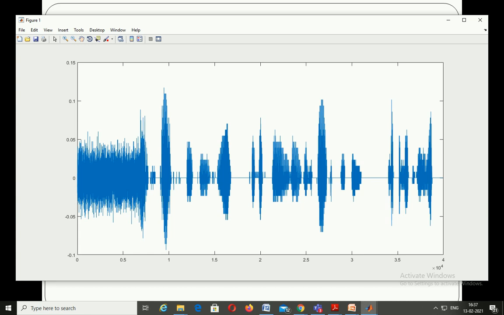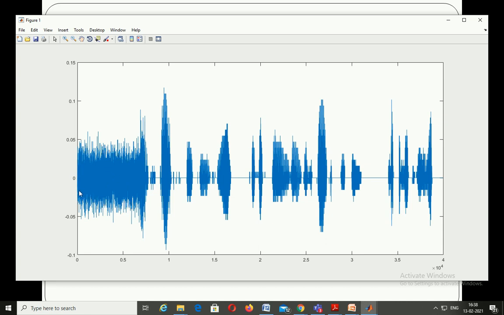To process this, we are going to divide this total speech signal, which contains 4 into 10 power 4, that is 40,000 samples, into short frames. Let us consider the frame duration is around 200 samples, so for every 200 samples we are doing the framing. Now if you observe this, this is 0 and this is 0.5. 0.5 into 10 power 4 is 5,000 samples, right? So the very beginning 5,000 samples contain more noise here.